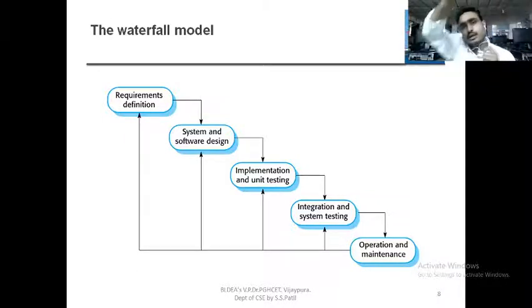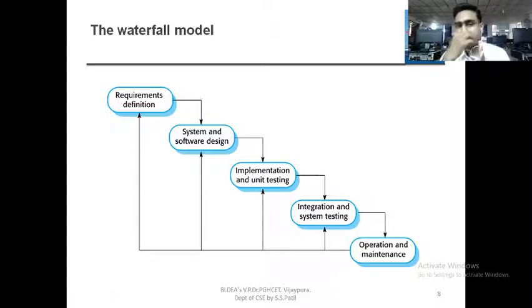Okay, a big large program is there, and that large program we are dividing into small modules. The same thing we are doing here in the implementation and unit testing. First, we implement small units, which we call modules. Once we are done with the implementation of a small unit, next we individually test these modules. So this comes under implementation and unit testing, that is, unit-wise testing.